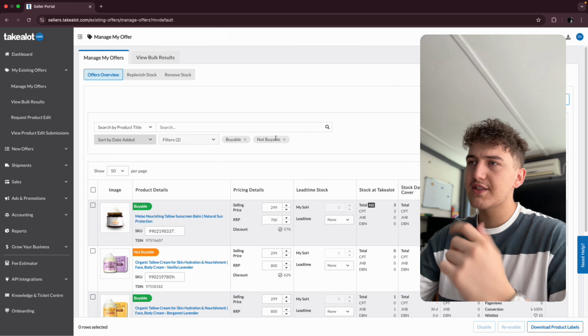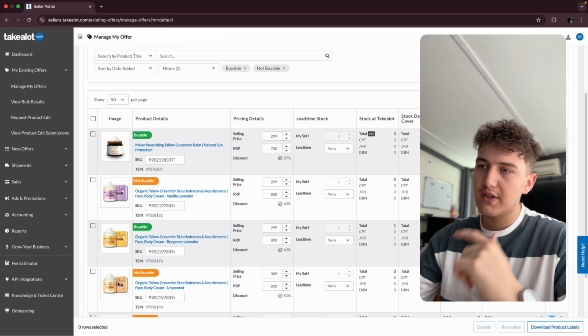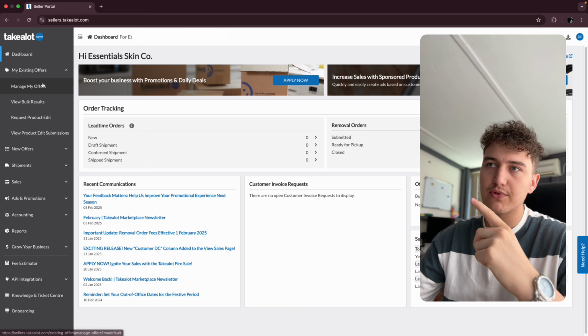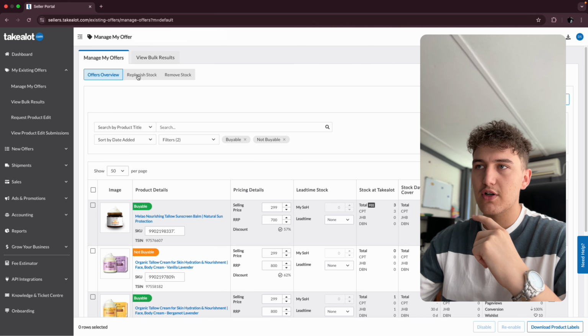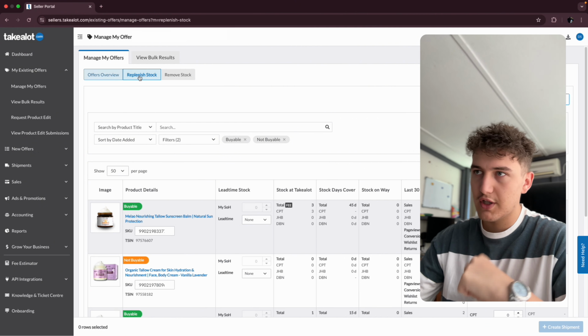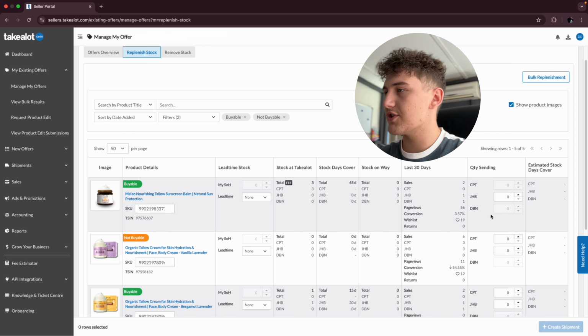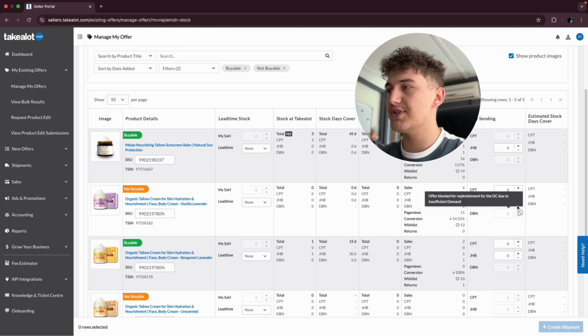So first things first, you got to know what you want to replenish. Okay. I know I wanted to replenish these two. So at the top, you go from your main dashboard, you go manage my offers. And then what you need to do is at the top, you click on replenish stock. So you're going to click on that and it's going to open up this tab on the right hand side of the screen where next to the product, you can select how many products you want to send to which